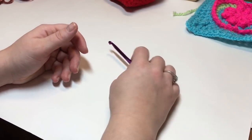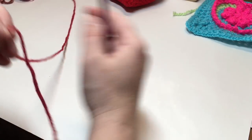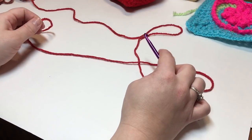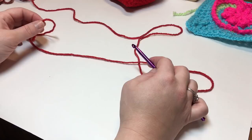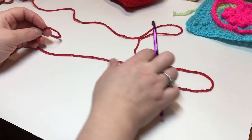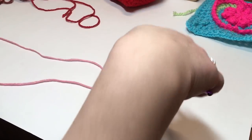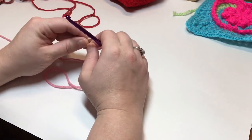You're going to need 3 colors today, and you're going to be working picot stitches and popcorn stitches today. Also double crochets, single crochets, half double crochets, treble crochets, the whole 9 yards. So let's get started. With color A, you're going to chain 4, join with a slip stitch into the beginning